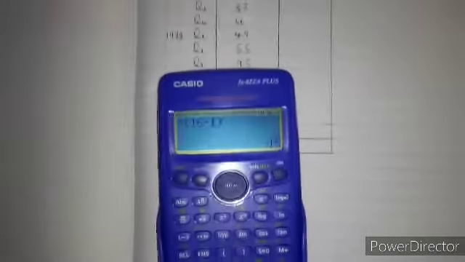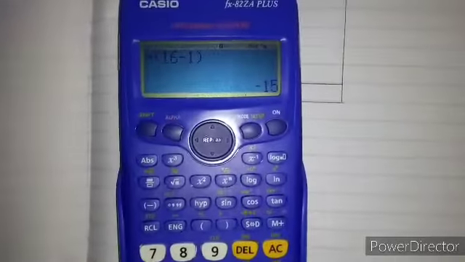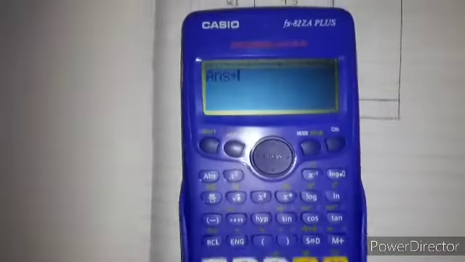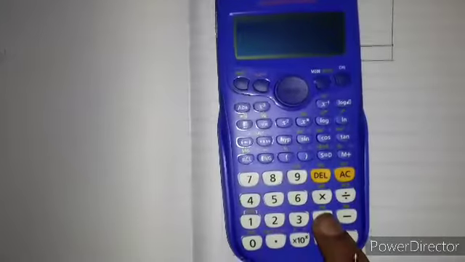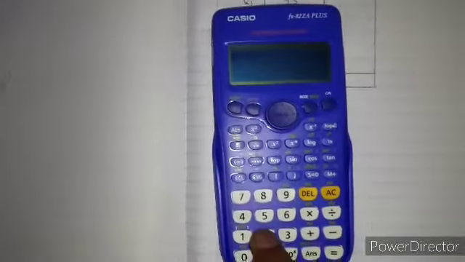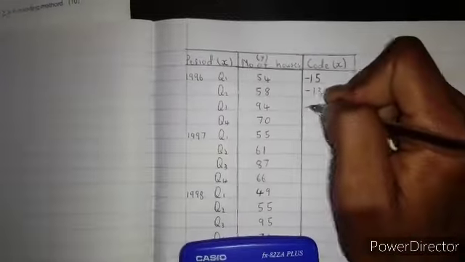Then we are going to add 2 for the x value of the following period. So plus 2, minus 13, plus 2, minus 11,